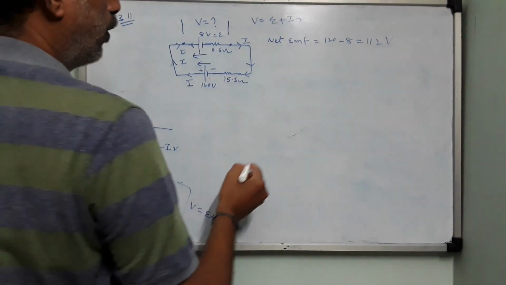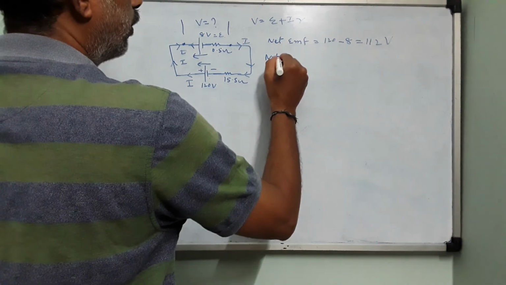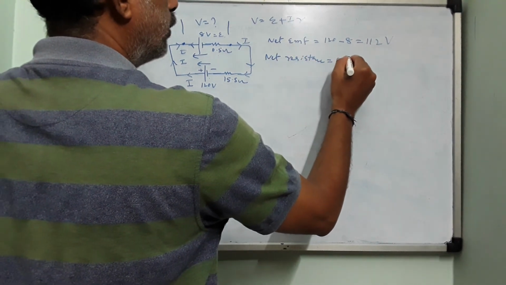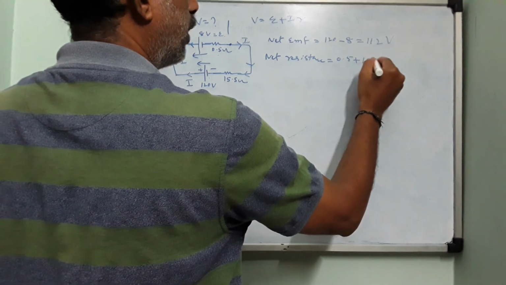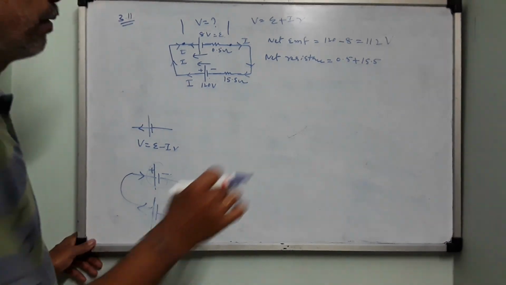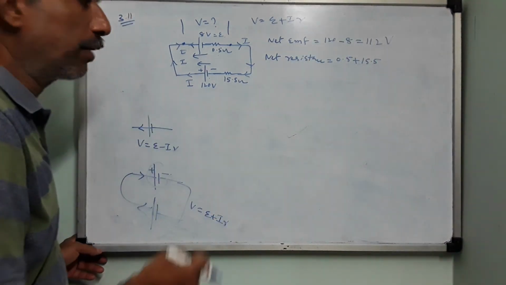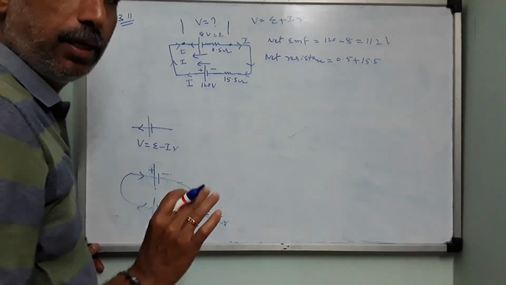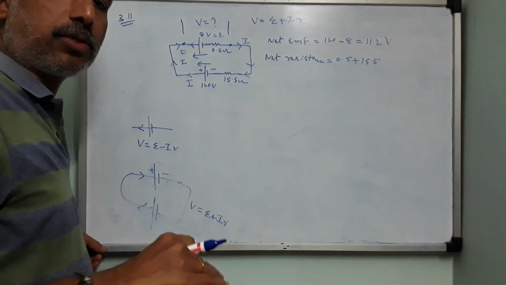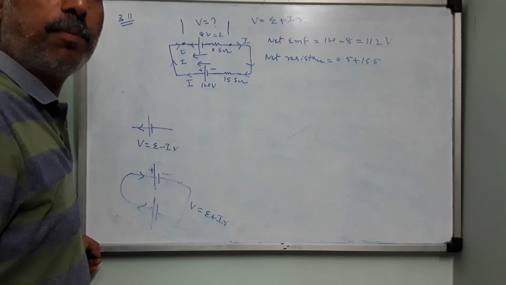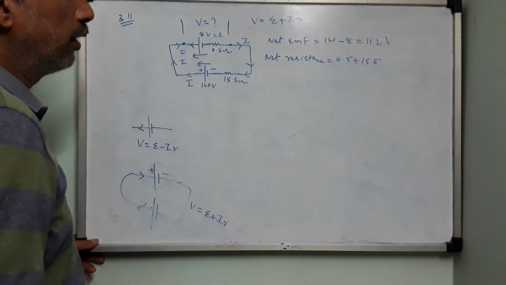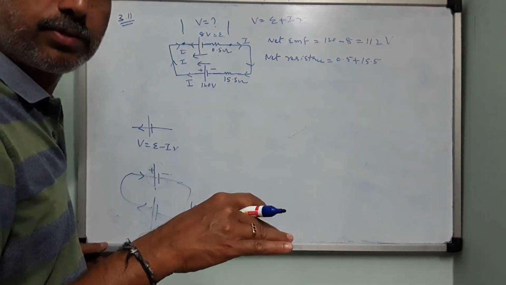Okay, so therefore net resistance is nothing but 0.5 plus 15.5. Remember children, EMFs are getting subtracted because of their directional property. Directional property means it is not a vector, but even for scalars, depending on the way in which they produce the EMF, we add or subtract. Okay, fine. That is the concept of combination of cells.